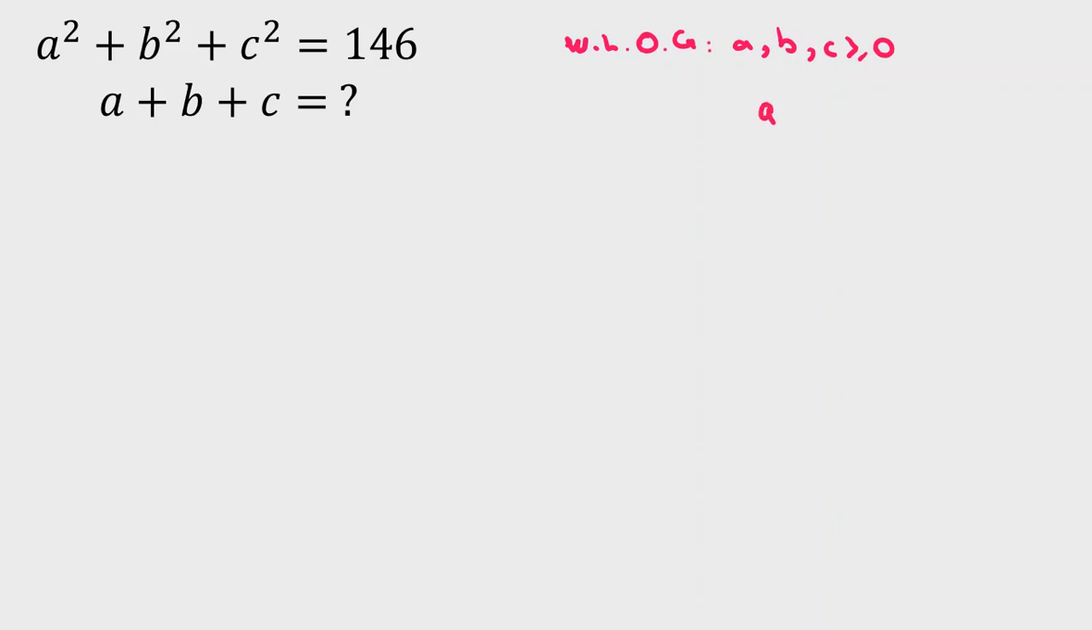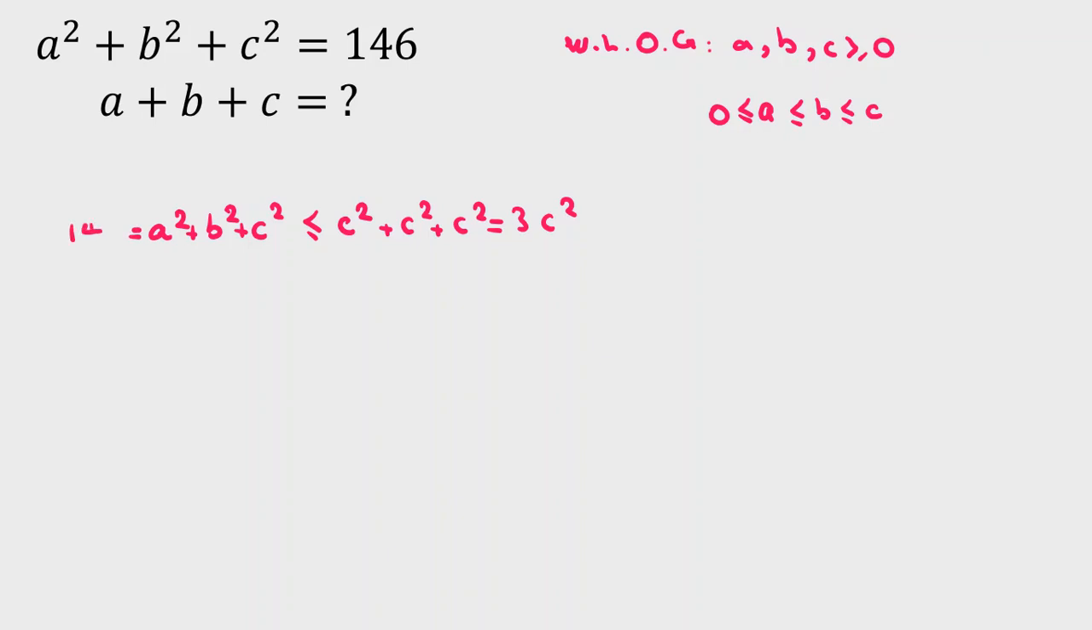And also again, without loss of generality, suppose A is less than or equal to B, less than or equal to C, and it is greater than or equal to 0. So, if we write A squared plus B squared plus C squared is less than or equal to C squared plus C squared plus C squared, equal to 3C squared. A squared plus B squared plus C squared equal to 146. Now, if we divide both sides by 3,